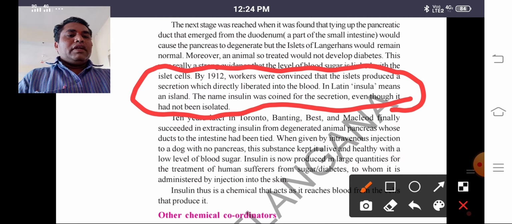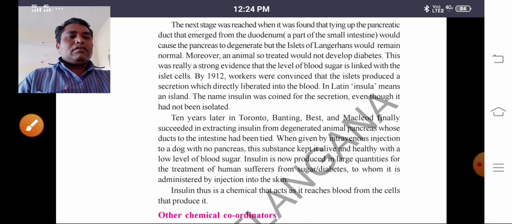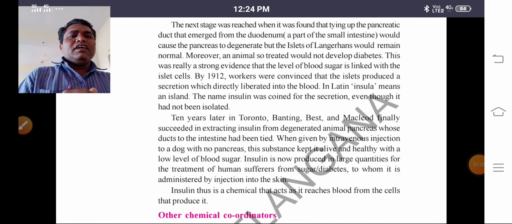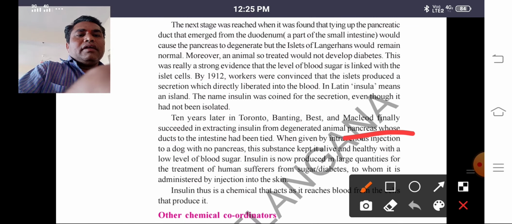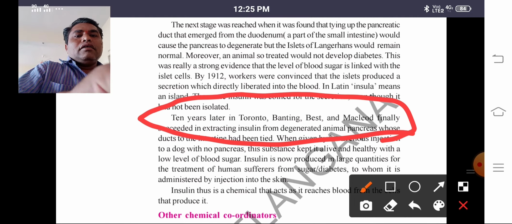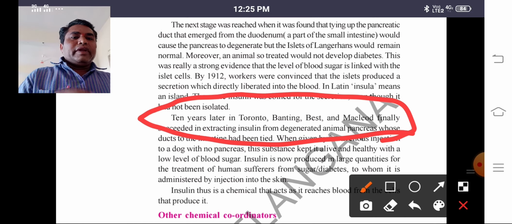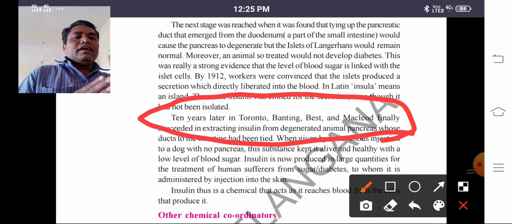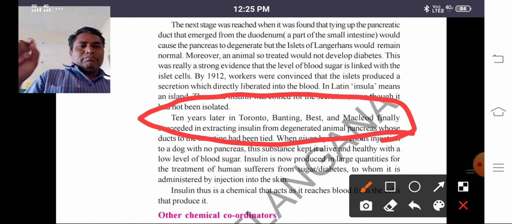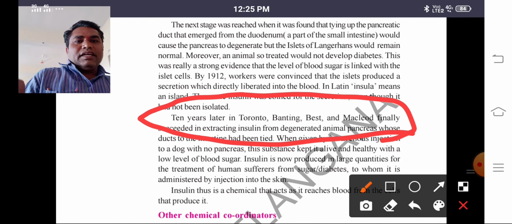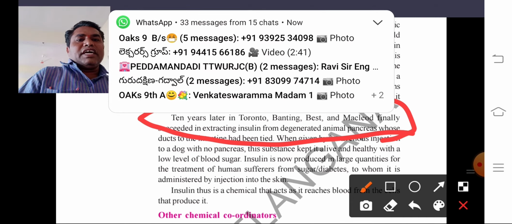So now let us go to the 10 years later in Toronto. This is Banting. This is also you have to keep in your mind. So 10 years later in Toronto, Banting, Best, MacLeod, three of them. So BBM means Banting, Best and MacLeod finally succeeded in extracting